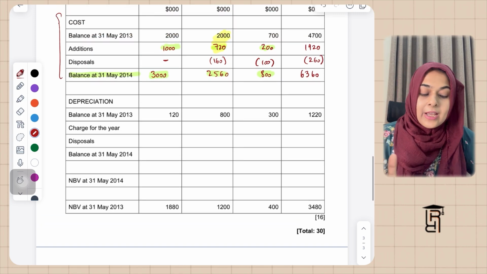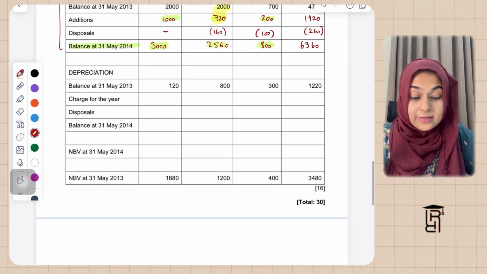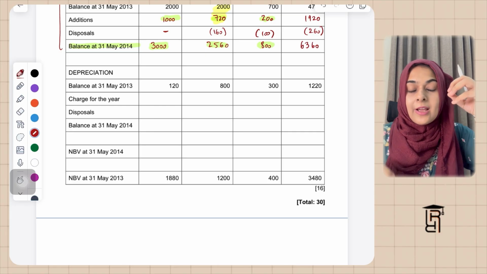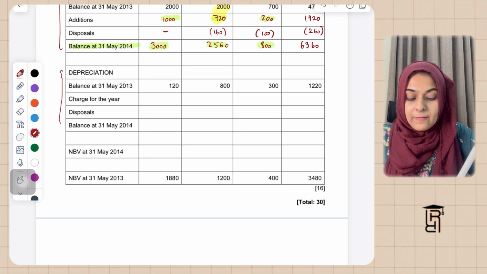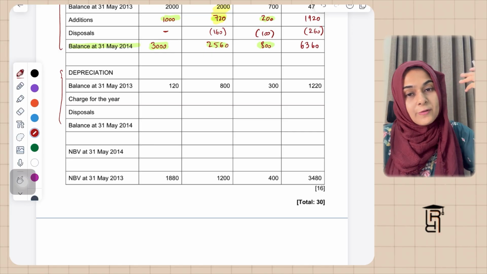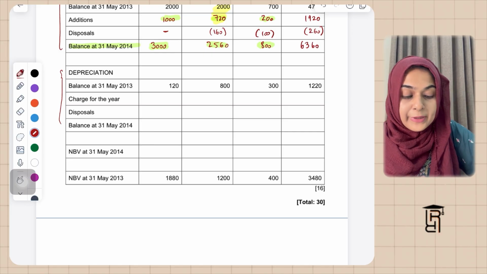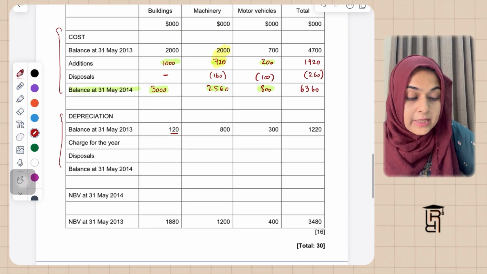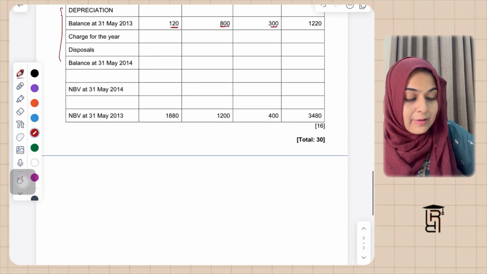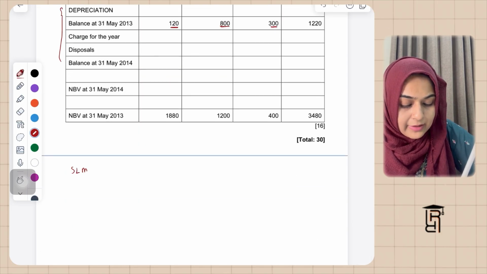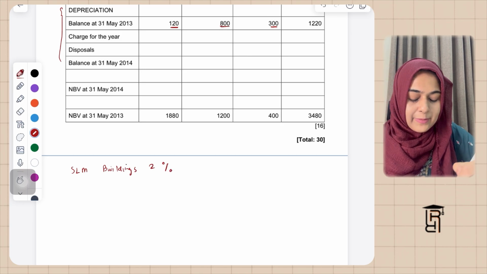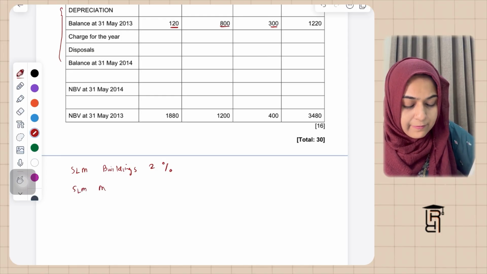सो लेट्स जस्ट गेट स्टार्टेड विद द डिप्रिसिएशन थिंग। अब जो डिप्रिसिएशन शेड्यूल है वो बेसिकली प्रोविजन फॉर डिप्रिसिएशन का टी अकाउंट है। तो अक्यूमुलेटेड डिप्रिसिएशन at the start of the year is 120 for buildings, 800 for machinery and 300 for motor vehicles। और अगर हमें पता हो, हमने स्ट्रेट लाइन मेथड फॉर बिल्डिंग्स कितना परसेंटेज यूज किया है, 2%, क्योंकि मैंने कैलकुलेट किया था पिछले वाले पार्ट में, ठीक है। अच्छा, स्ट्रेट लाइन मेथड फॉर मशीनरी,